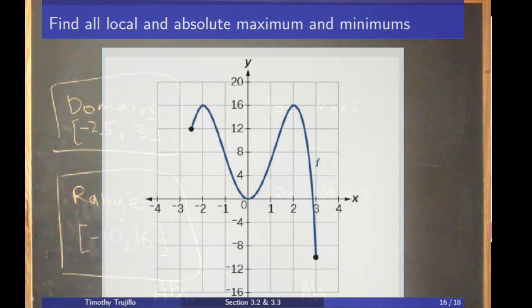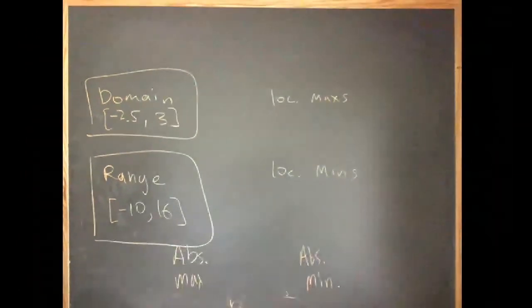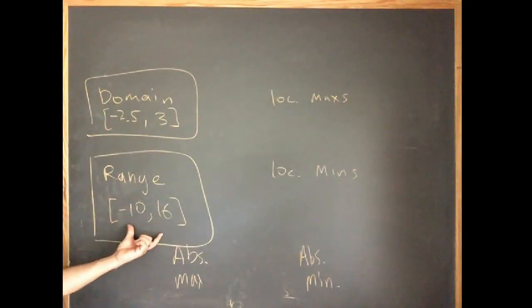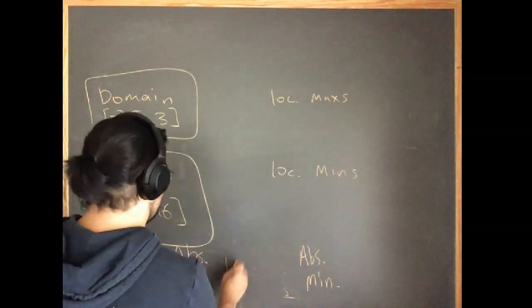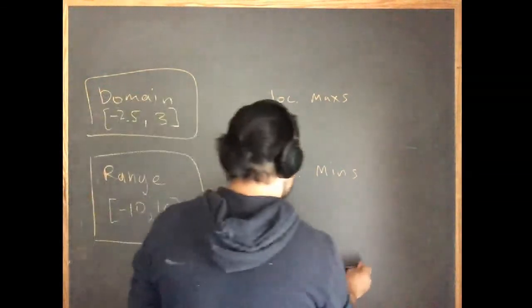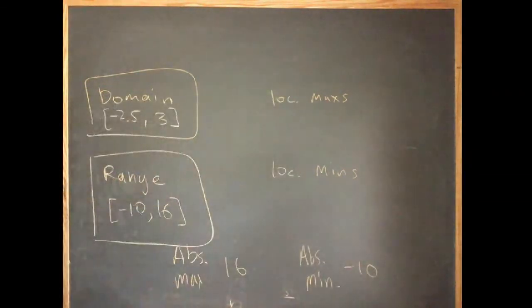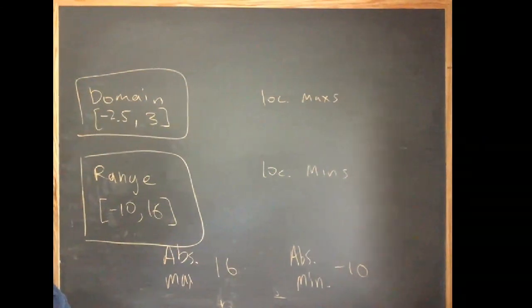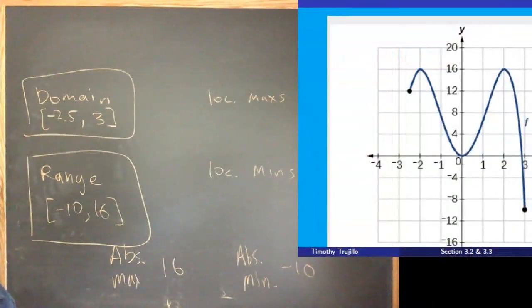And you'll notice that this sort of tells us immediately what the absolute max and min is, right? Because the absolute max, the absolute min, it's really told to us by the range, right? So the absolute maximum is 16, and the absolute minimum is -10. Those are the absolute min and max. Now, where they occur, we have to be careful about, right? Because the question may be asking us,